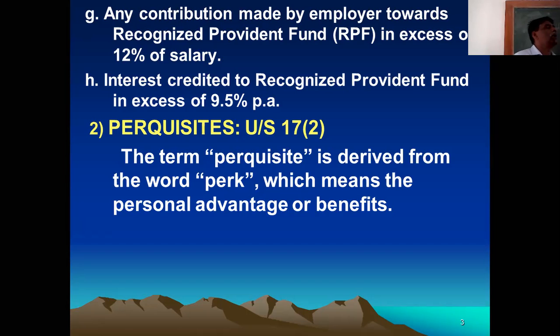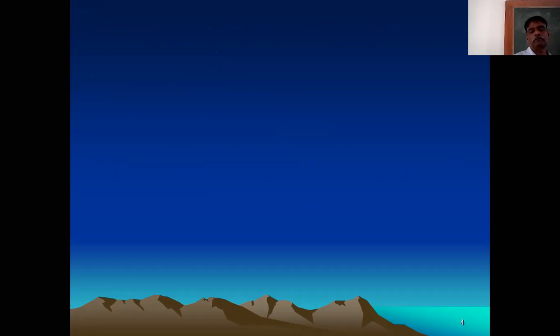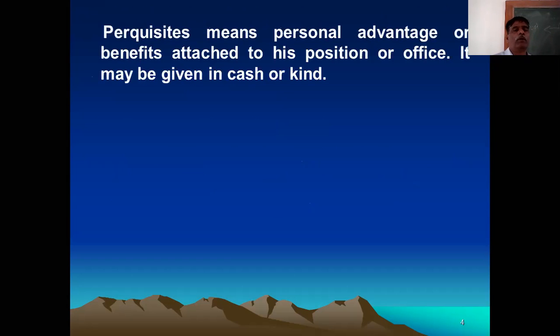For the personal benefit or personal advantage of the employee, whatever benefits the employer gives is called a perquisite. The employer gives the salary, no doubt. Along with salary, any advantage or benefit given to the employee, whether in the form of cash or in kind, is called a perquisite. So perquisite means personal advantages, not related to service or the job. Personal advantages given to the employee by the employer are called perquisites. It may be in the form of cash or kind. That perquisite may be used for office as well as